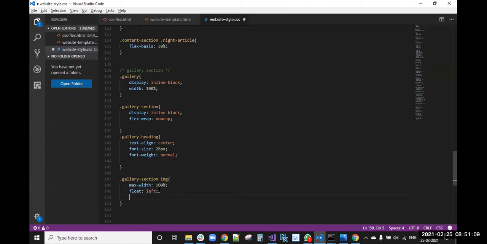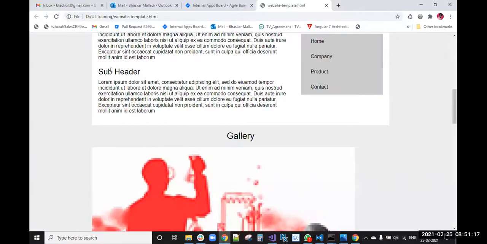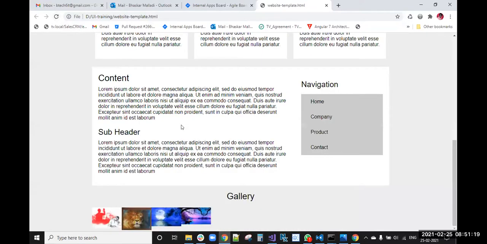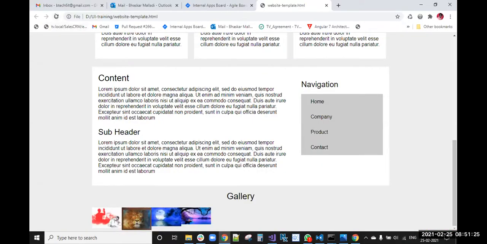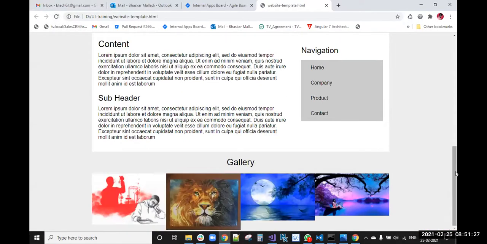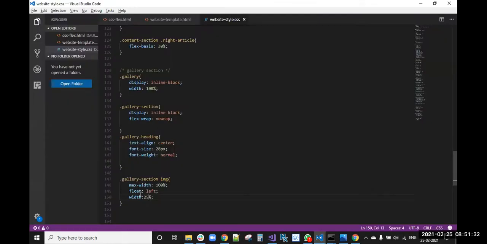These images are very big. Okay, 25%, 25%, 25% I have given. Float left I have applied.